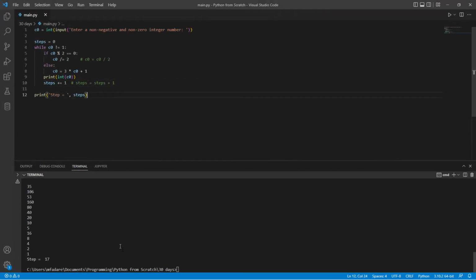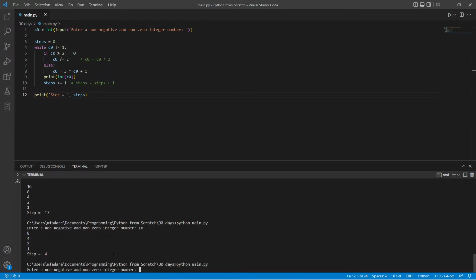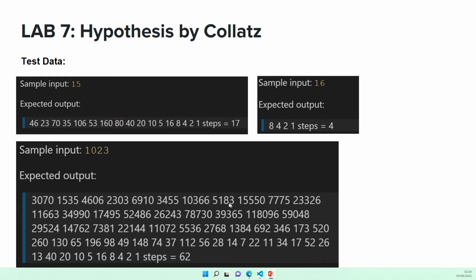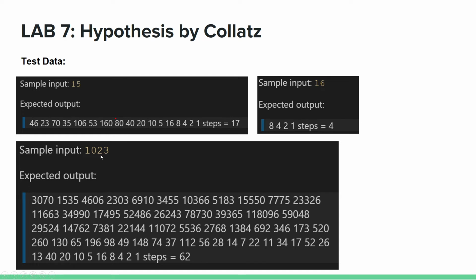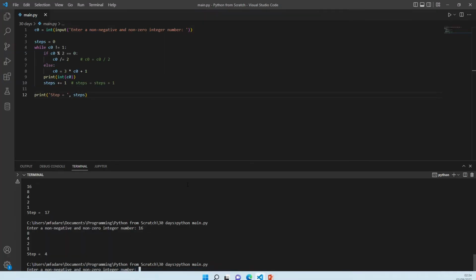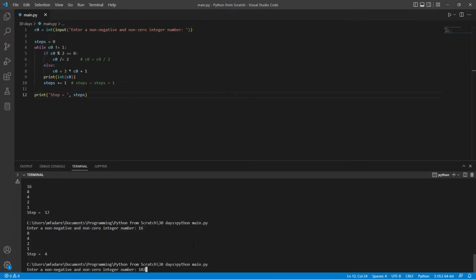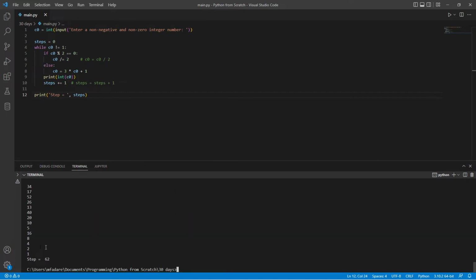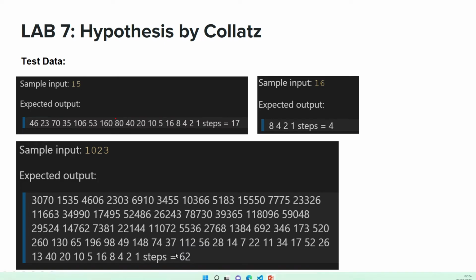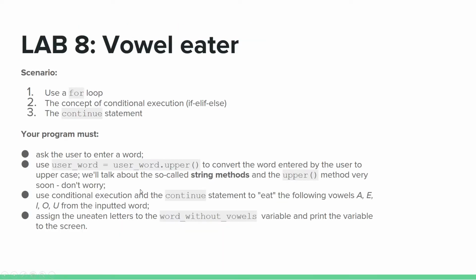So when we run the code with 16, we should have four values: 8, 4, 2, 1. And what's the last value there? 1023. With 1023, you should have a whole lot of values, and the steps should be 62. So let's confirm if the steps are 62. Yes, the steps are 62. All right, so let us go to the next one, which is our label